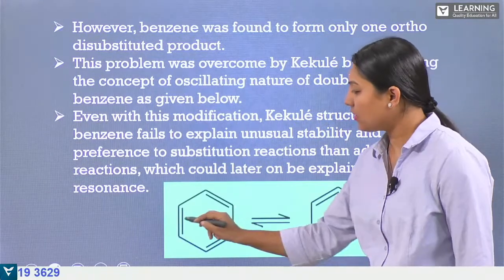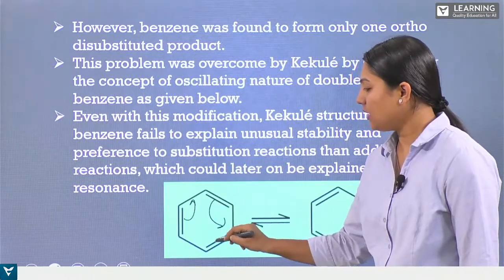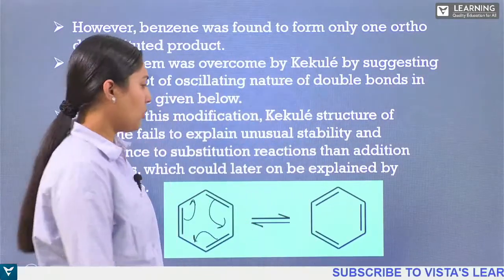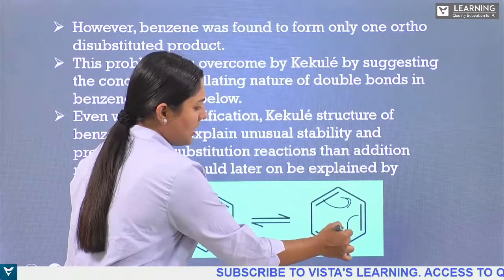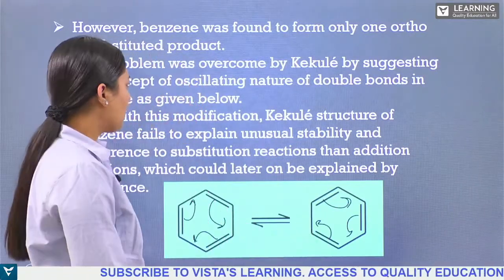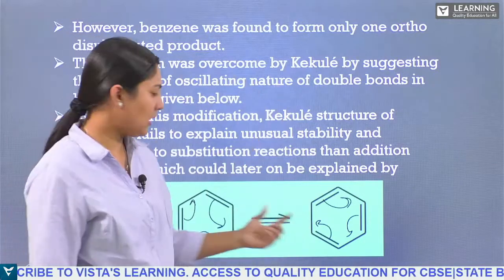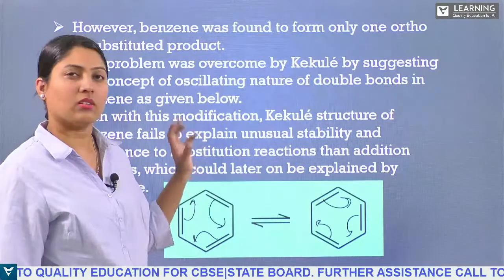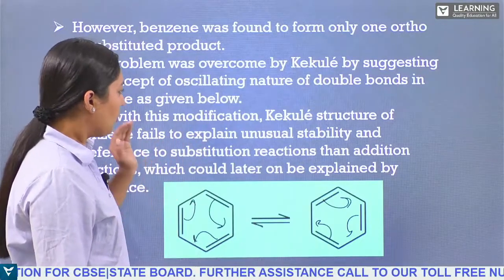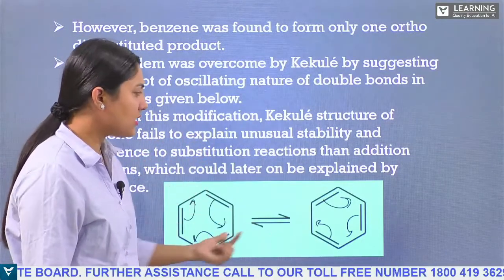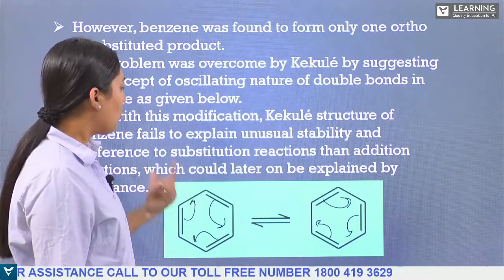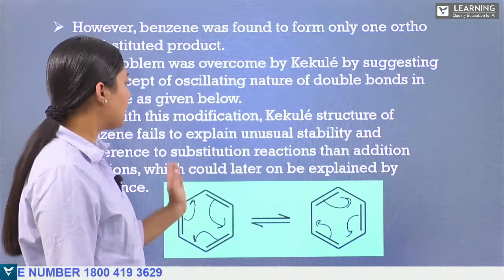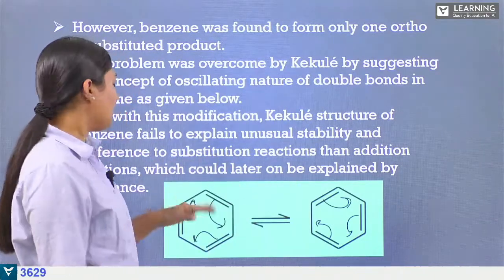So this is how the benzene ring has its oscillatory double bonds or pi bonds. As they are shifting, Kekule gave this suggestion that the pi bonds will be shifting and hence they are stable. But he could not explain, even with these structures, why they undergo the reaction. After getting the substitution and addition reaction, they are stable.